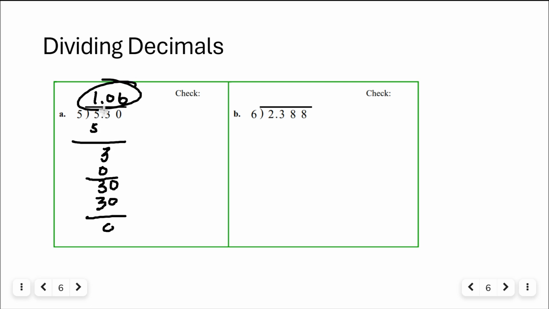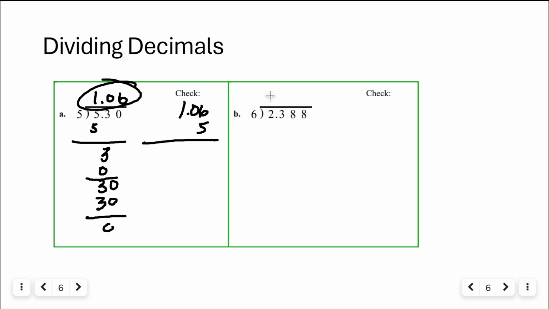That's my answer. If you wanted to check it, 1.06 times 5 should give me 5.3. If it doesn't, you either multiplied wrong or you divided wrong. One or the other. All right, let's try 6 into